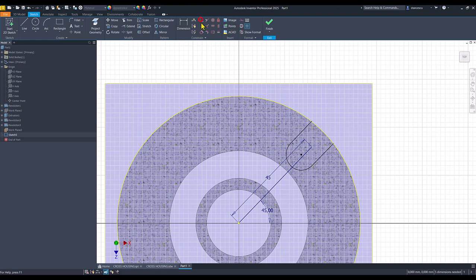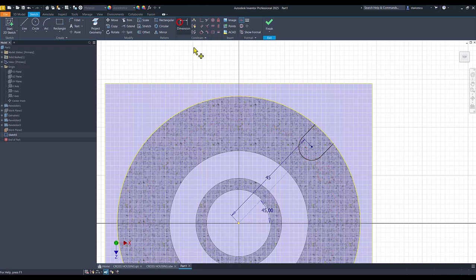This center must be placed on this point, which means trim this end. I make this line as a construction line,